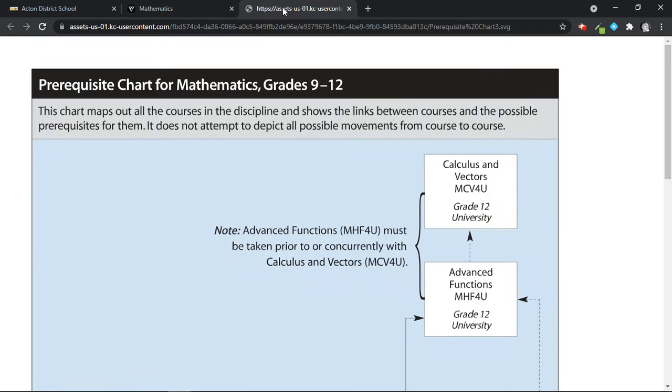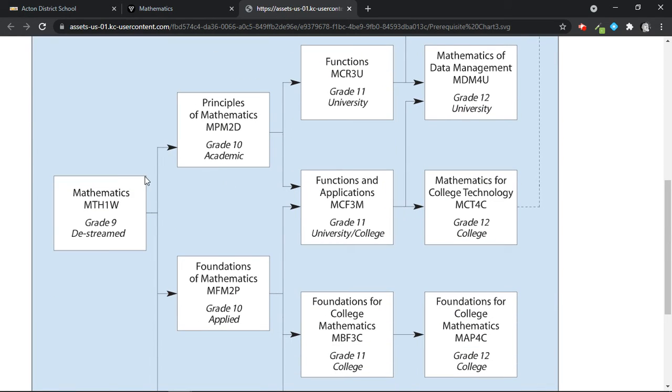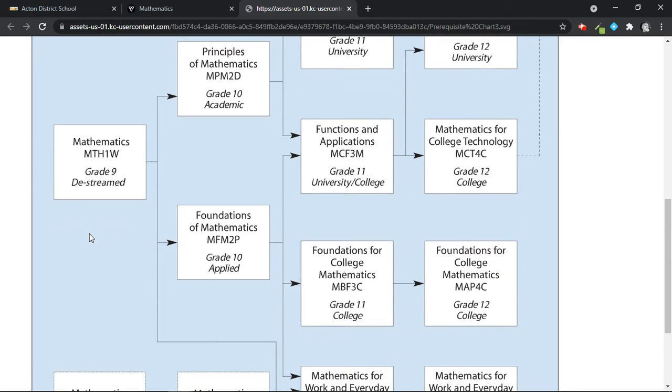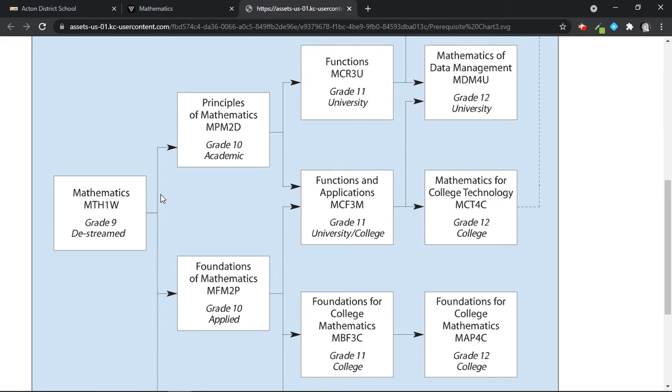Some of the other questions we get, which are really important, are, here's the Math 1W, the D-stream Grade 9 math. In the subsequent year, we do go back to pathways after that. For now, this may change in the future. There's a potential that the grade 10s are also going to be D-streamed at some point. And other programs within the school in grade 9 will also likely be D-streamed for similar reasons that the grade